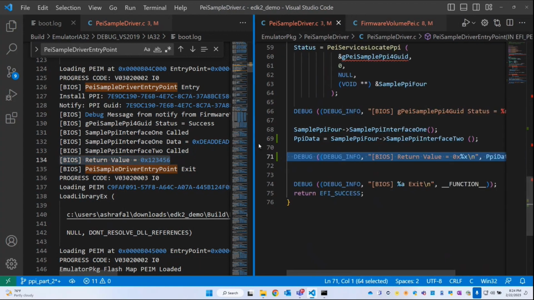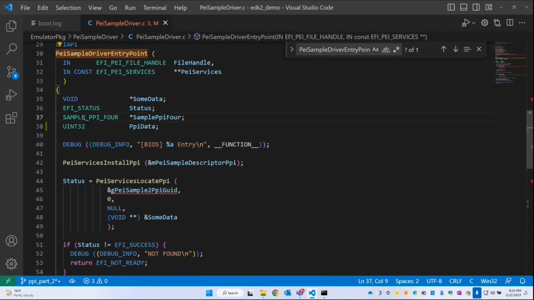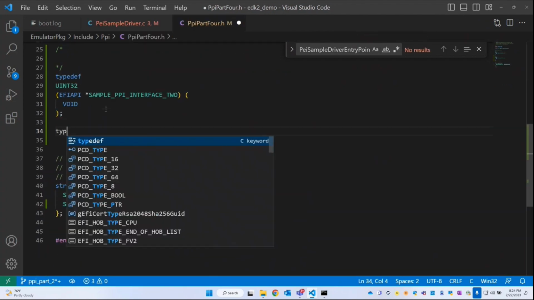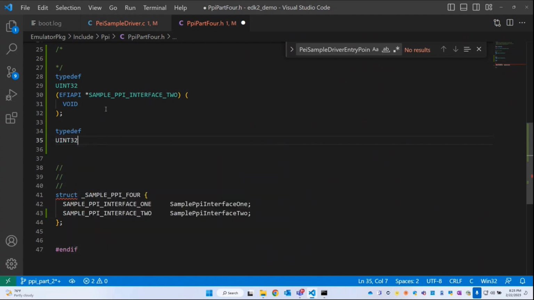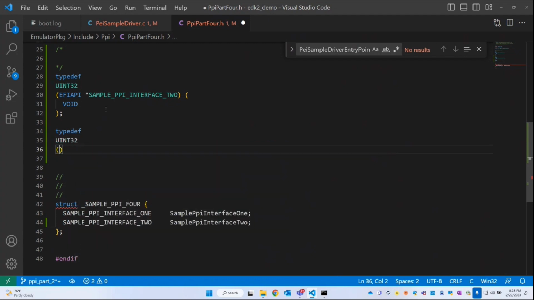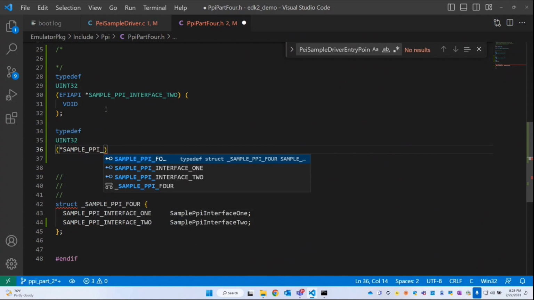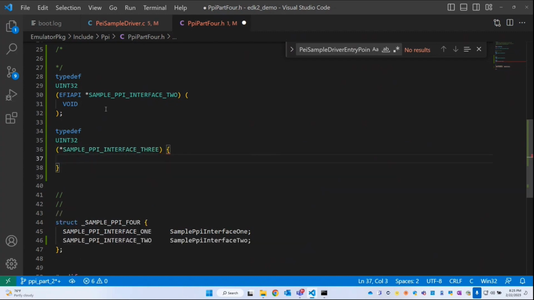Okay. So now let's create another interface. Okay. So here I will say typedef. It is going to return again, suppose say UINT32. Okay, so now this time I'm not going to use EFIAPI just to showcase. Okay, so SAMPLE_PPI_INTERFACE_3. Okay, and here this time I'm going to take